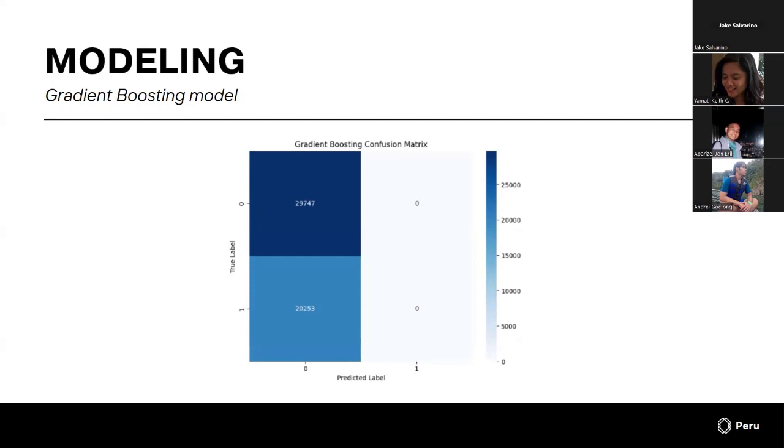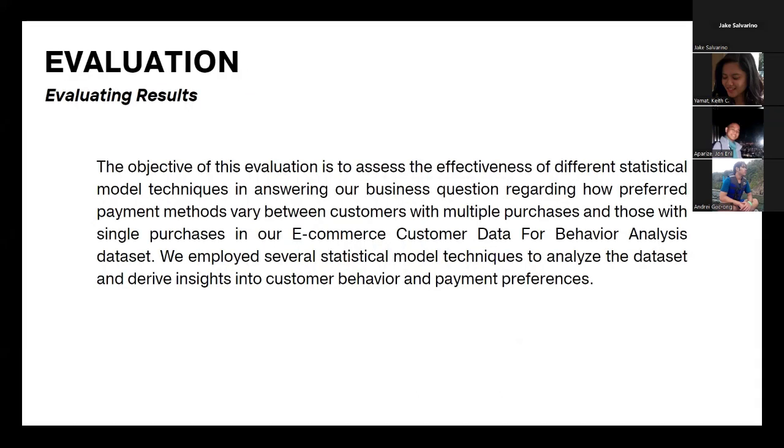So overall, the confusion matrix reveals insights into the model's strengths and weaknesses in accurately differentiating between return and non-return instances. For the evaluation, the objective is to assess the effectiveness of different statistical model techniques in answering our business question regarding how preferred payment methods vary between customers with multiple purchases and those with single purchases in an e-commerce data set. We employed several statistical model techniques to analyze the dataset and derive insights into customer behavior and